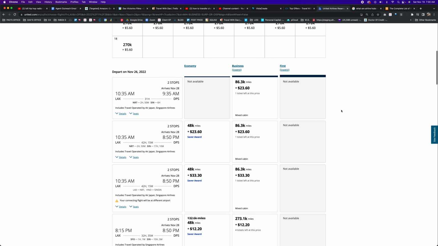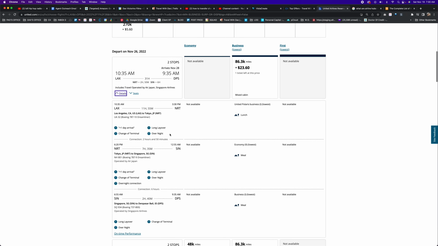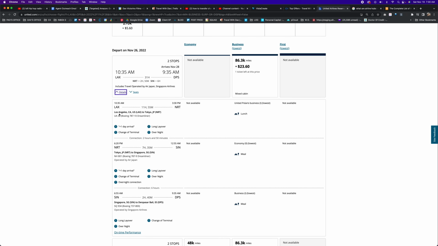So you guys can book this if you guys want to, but just a quick warning, if you see this, it says mixed cabin. This means that not all the flights are in business class. So how do I know that? So if you hover on the details and click it,